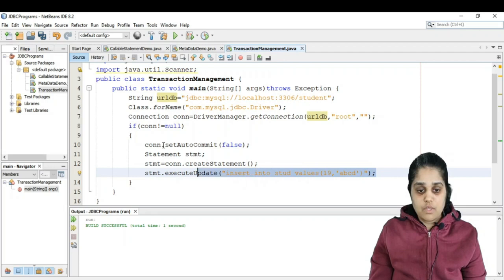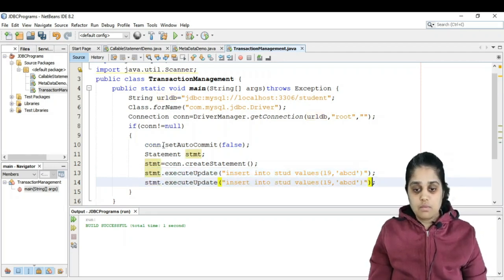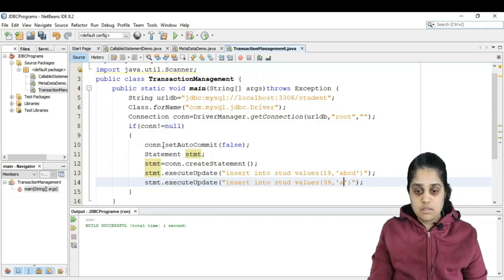The second operation that I will do, operation number 2, is 39 and hello world.